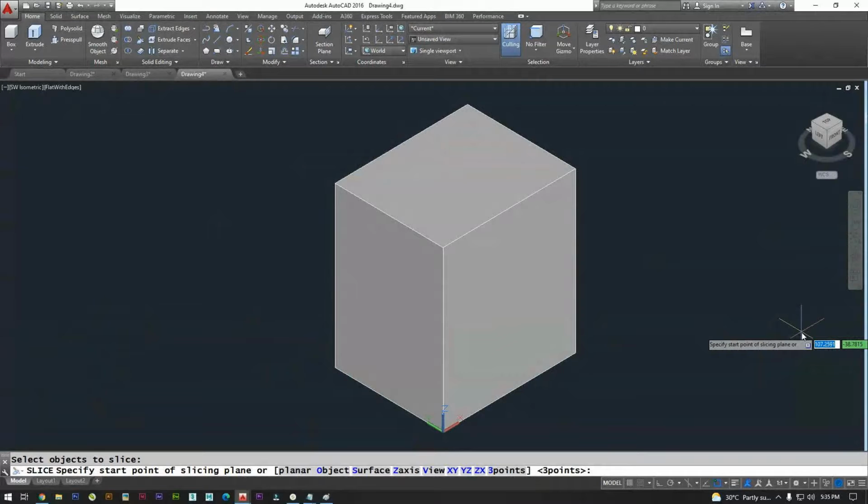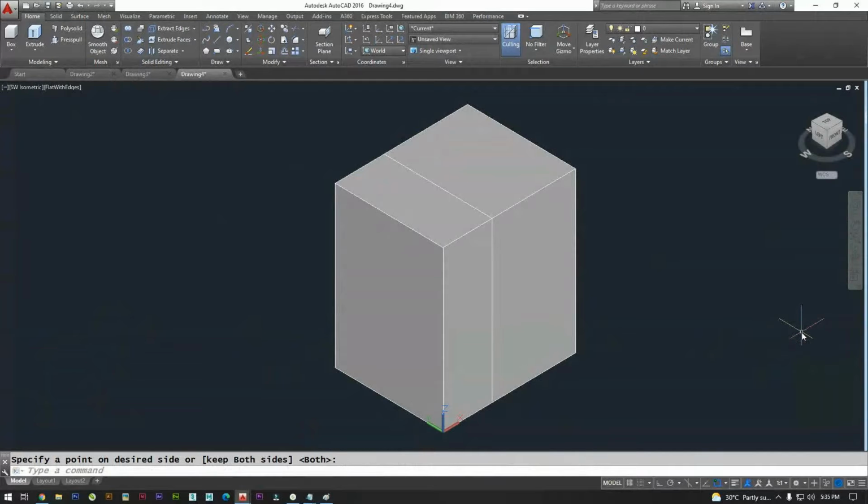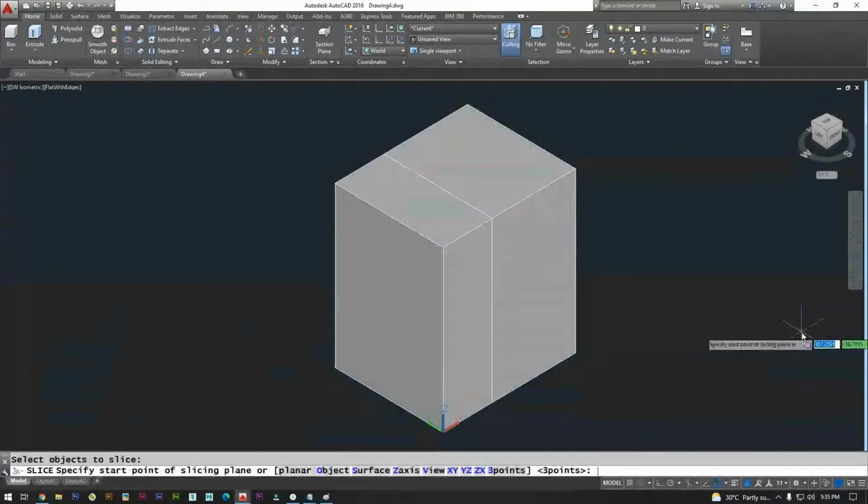Let us give YZ 20, 0, 0. Same repeat, SL, all, YZ 34.